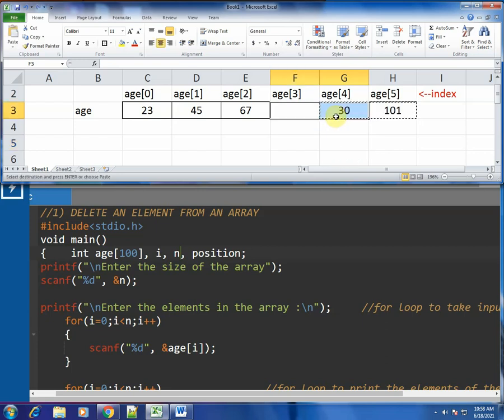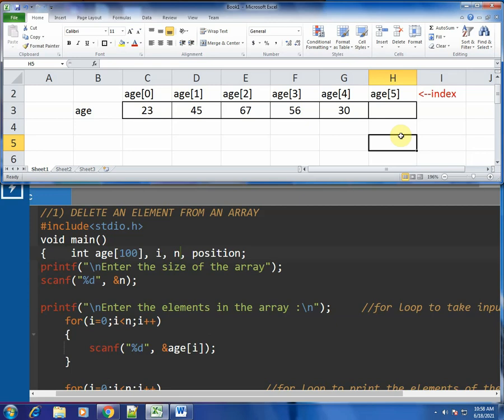Let's go back to the same example. Suppose say now you have to actually delete the last element 101. Okay, this element can be deleted without any kind of much modifications. It can be easily deleted because it is at the end of an array, so it doesn't make a difference.